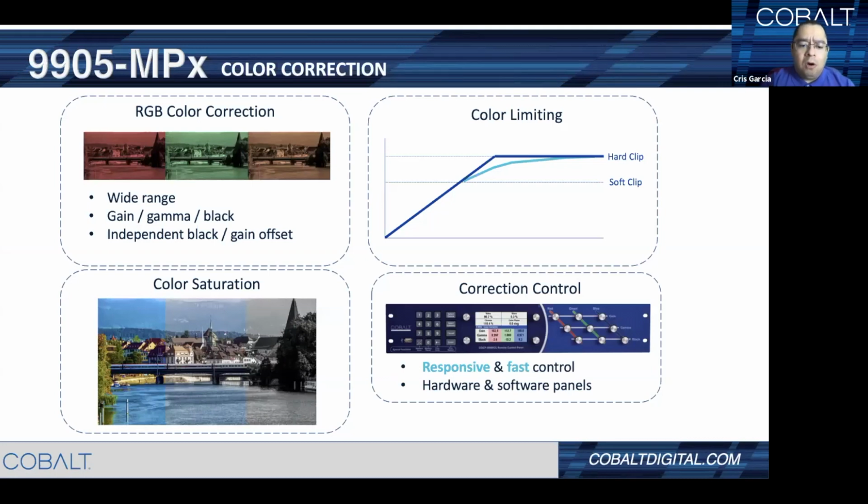And then to add more on the capabilities for controlling the color and adjusting color values, we also have one of the other premium licenses, which is the color correction license. You get the license, you activate it, and now you have additional controls beyond just a regular proc amp, adjustments on the card. Once you activate the license, you have the ability to do proper adjustments for the RGB color values, where you can adjust the wide range, gain, gamma, black, independent black and gain offsets,